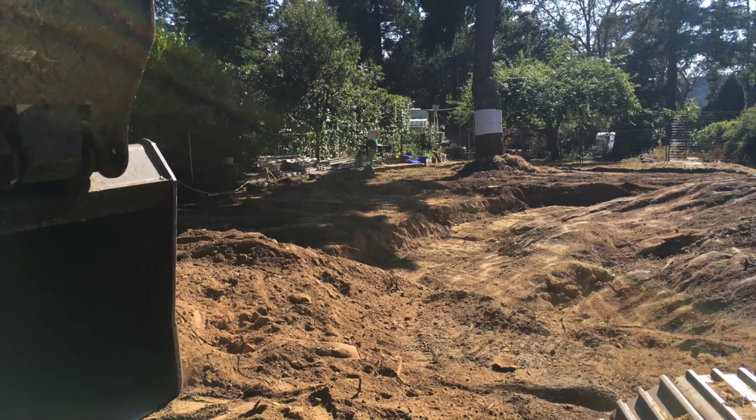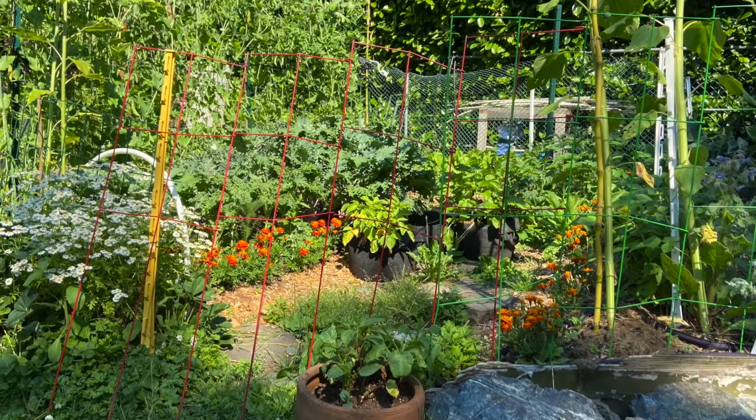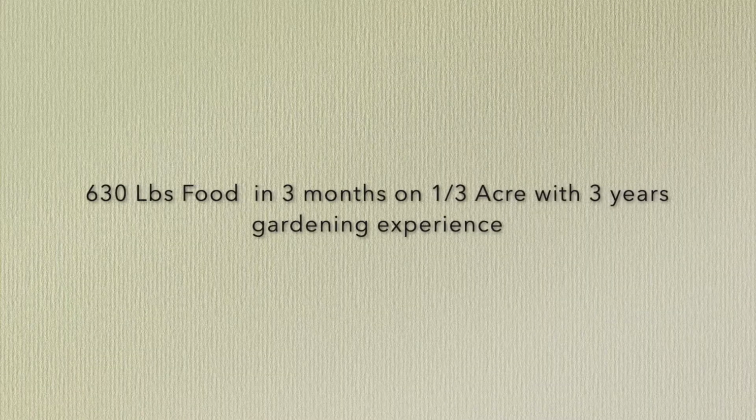2017-18 we took the house down and rebuilt, and this is today. Acre, how much food were we bringing in? So I knew it was increasing from year to year, but I'd never taken the time to weigh it. So this year, everything that we brought into the house, before anything was processed, I popped it on the scale